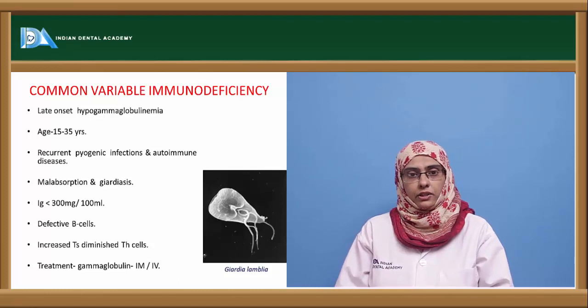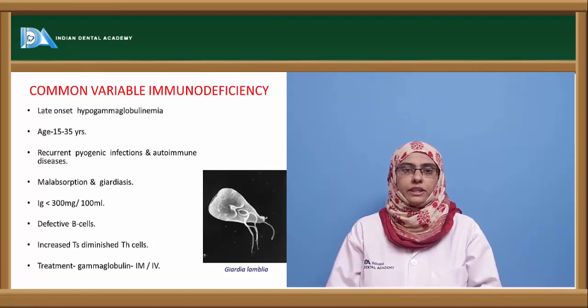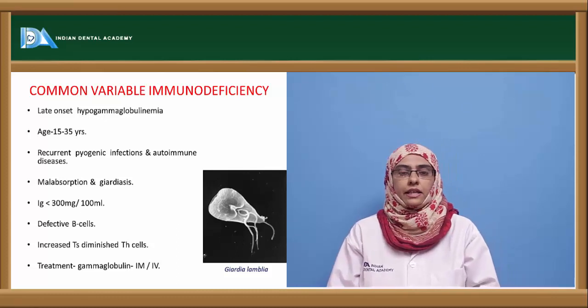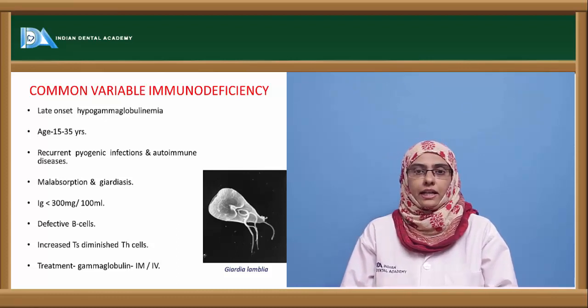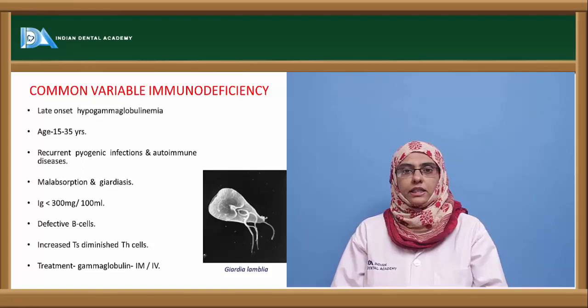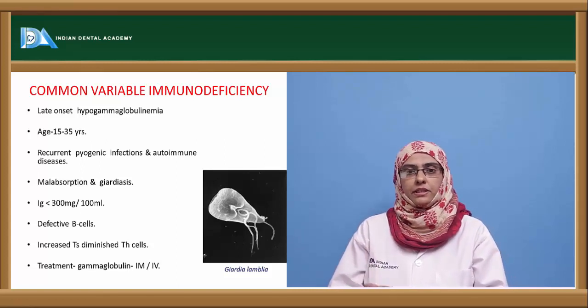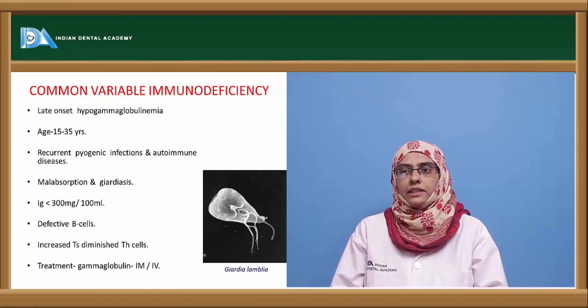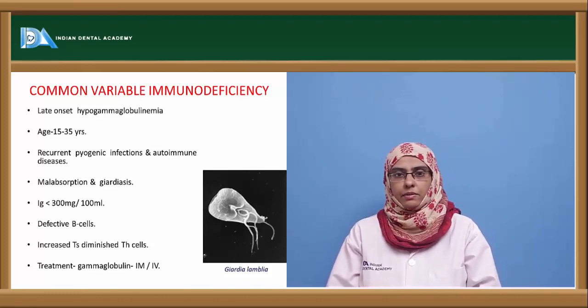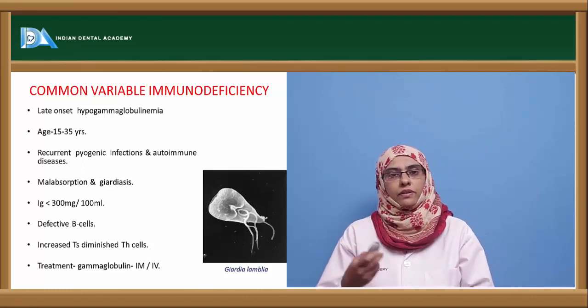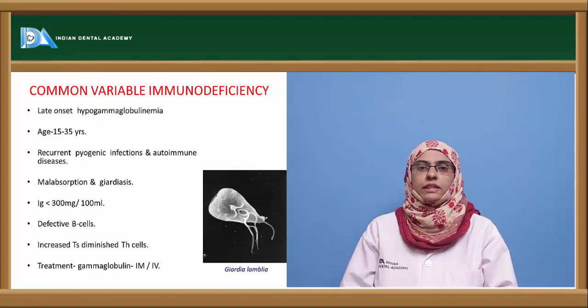Next you can see malabsorption, less absorption in the intestines, and giardiasis, that is the recurrent infection with the organism giardia that causes intestinal infection. The IgA antibody in the patient is very low in amount, less than 300 mg per 100 ml. So it not only includes the IgG antibody, but the amount of other immunoglobulins is also low in this kind of